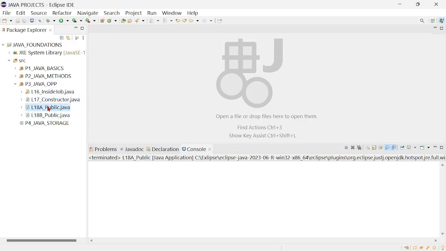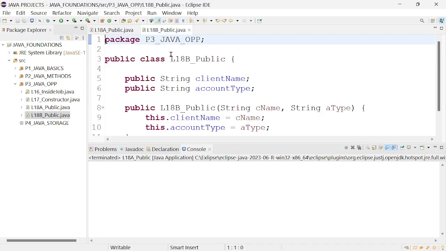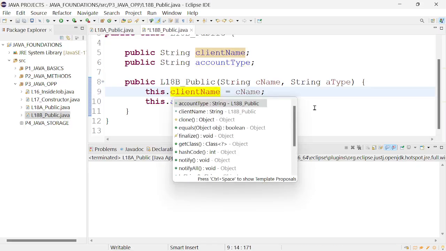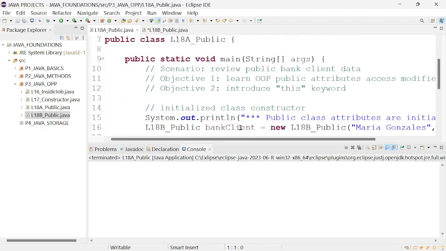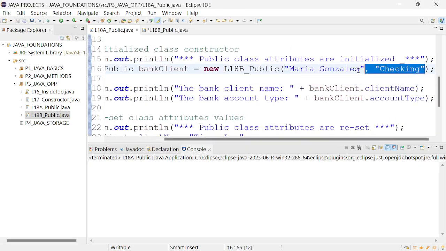Hi, let's review our last classes again. So, in the second class, I created public access method, client name, and same public access modifier, account type. Then I created a constructor using this keyword. And in the calling class, we created new bank instance, new class instance, initialized it,